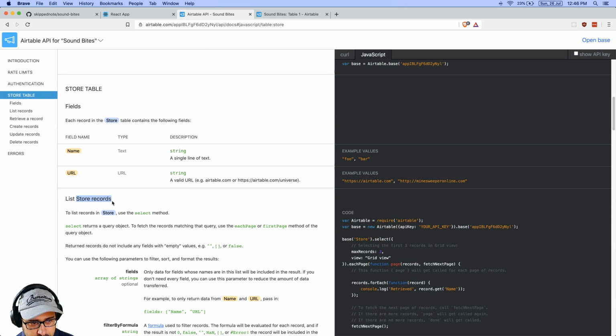So to list store records, I have to do base, which is basically the base table. No, this is not the table. This is the base, and then store is the table, and I select a maximum of 3 records. Okay, and I do a grid view. I'm not sure how it's different from the other views, or what the other views are. And then I loop over